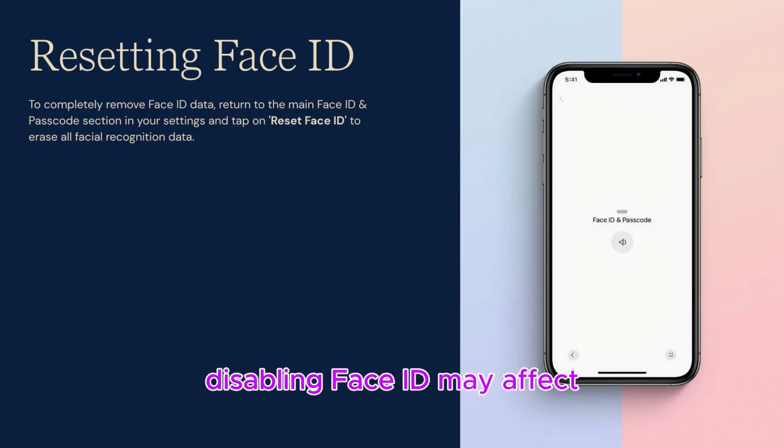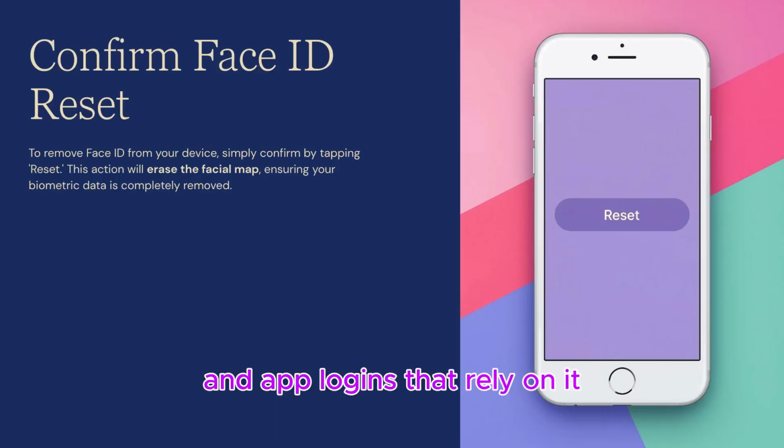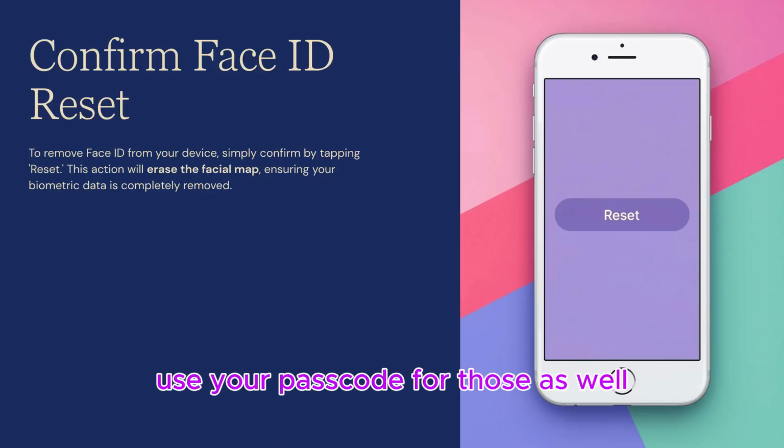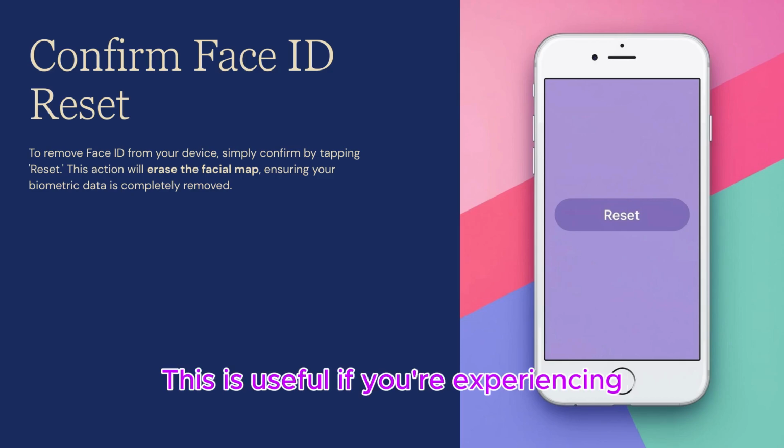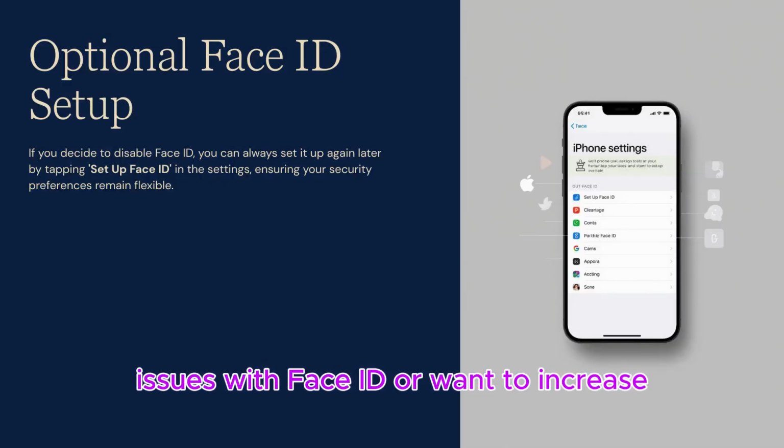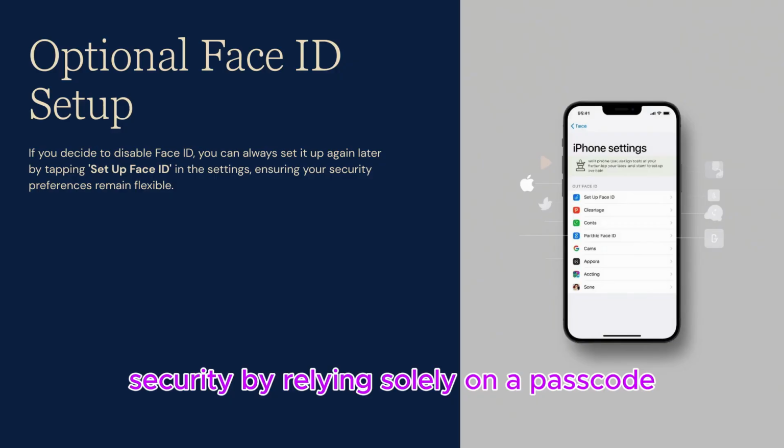Remember, disabling Face ID may affect Apple Pay authentication and app logins that rely on it. You'll need to use your passcode for those as well. This is useful if you're experiencing issues with Face ID or want to increase security by relying solely on a